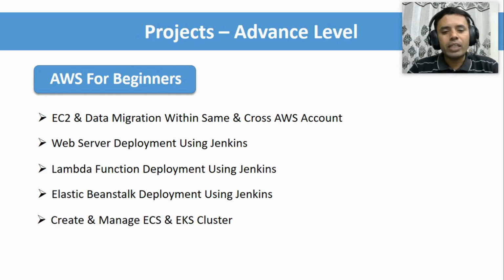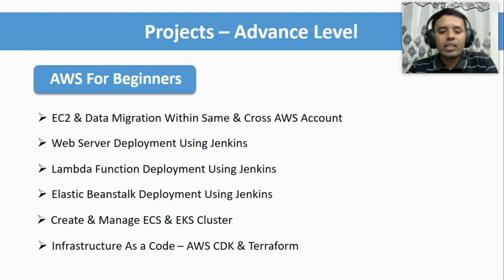Okay, if time permits, then we will definitely see the other options as well, like GitHub Actions, or any other AWS services, basically CodePipeline, CodeDeploy, like that. Okay, then we will see creation and management of the ECS service, Fargate service, and the EKS cluster for the Kubernetes service.